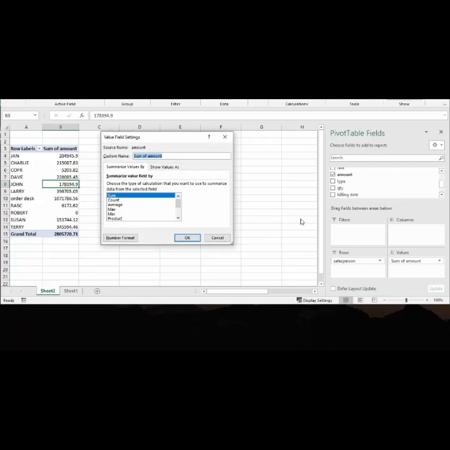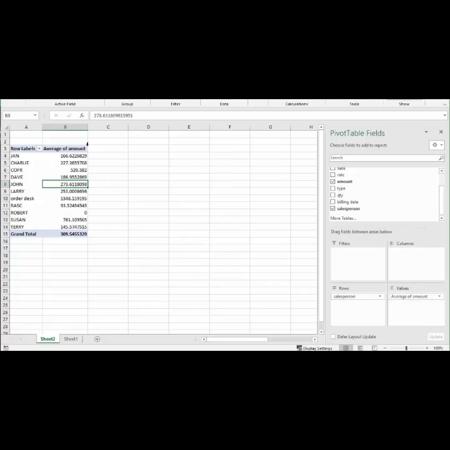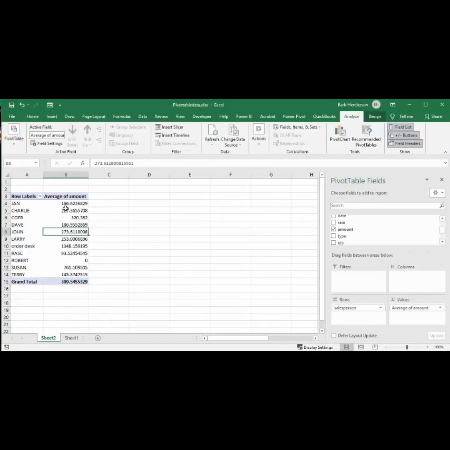And so now you see that we have sum, and then we have average, minimum, maximum, and product. You can do standard deviation, you can do count numbers, you can do many things besides the sum. So let's do the average, and we'll say okay. So now we have changed our total to an average, and you can tell that the average is quite different